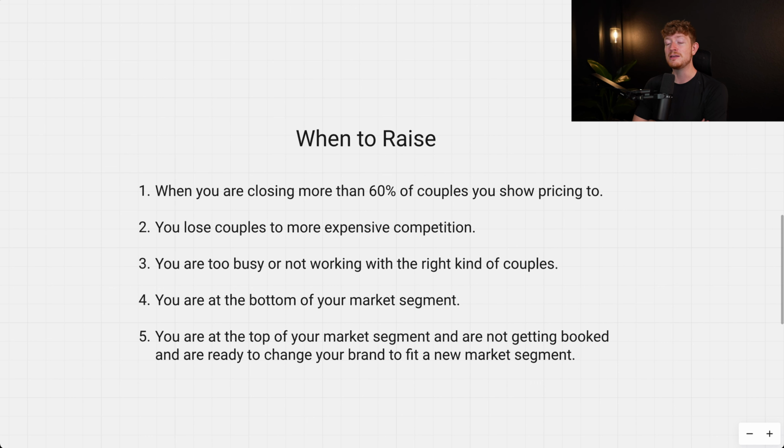That is either showing you, number one, that you are priced too low and they don't trust you, or number two, you're priced low and your branding or your offer or even your work is not good enough. So yeah, be careful with that. As long as your branding and your pricing and your messaging and your offer and your work is really, really good and you're still losing couples to more expensive competition,